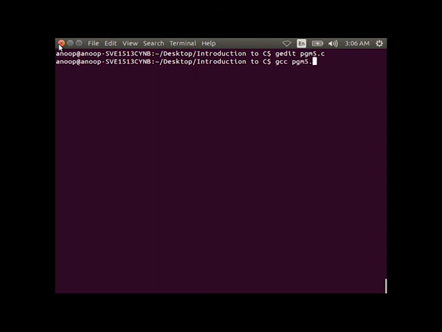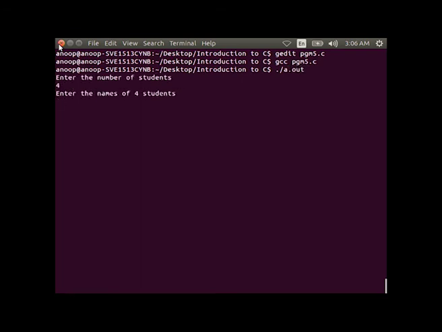You can see that there is no error in this program. So, you are executing this and the system prompts for the number of students. Suppose you enter 4 as input, then enter the names of 4 students. So, you enter any 4 names for the students, then the system will prompt you to enter the marks m1 m2 m3 of 4 students.